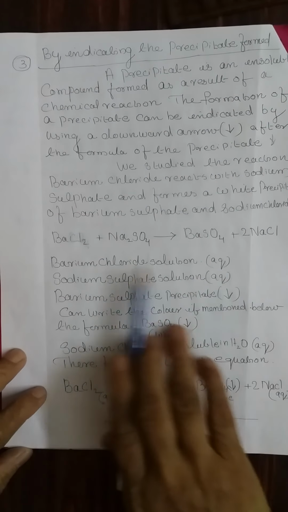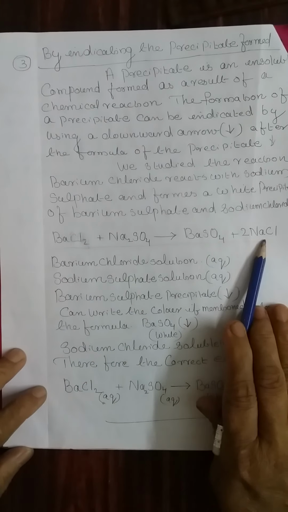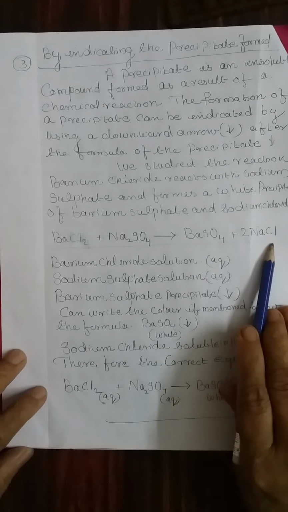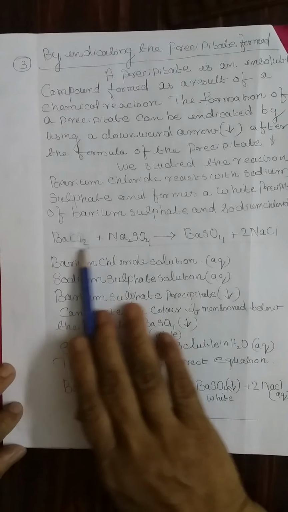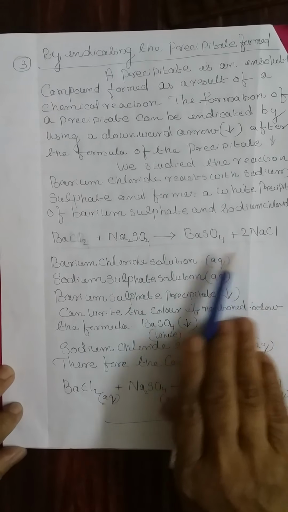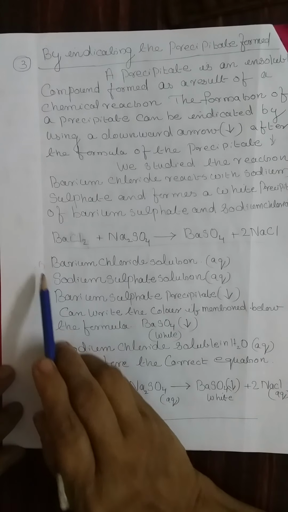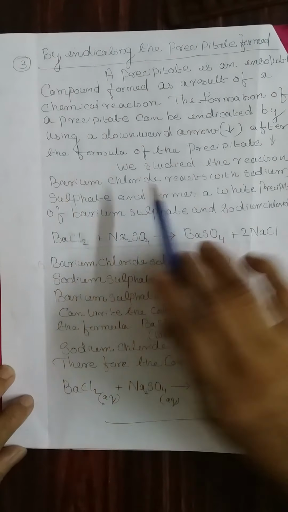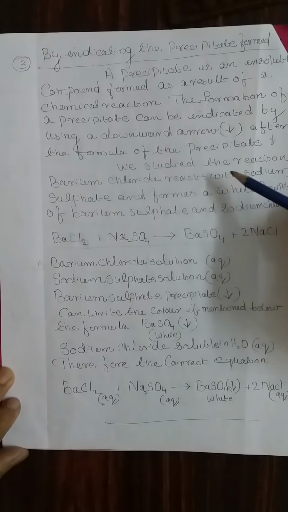For example, you write that equation first. No need to write any statement. You just write the balanced equation. After that, take each reactant and the product. First, put number 1: barium chloride solution. Even if sometimes it may not be given in the question,